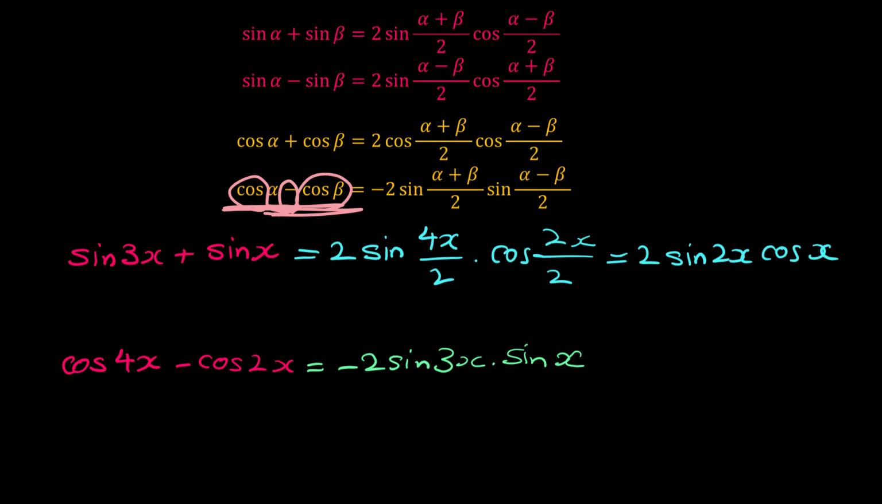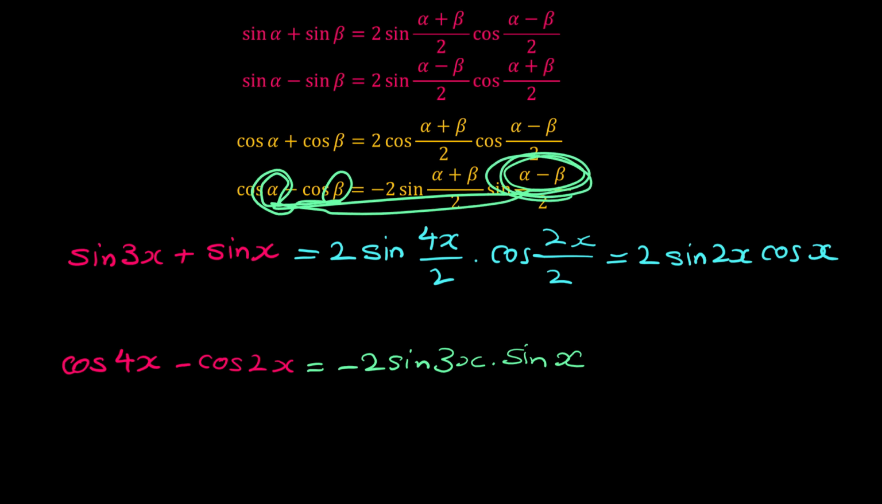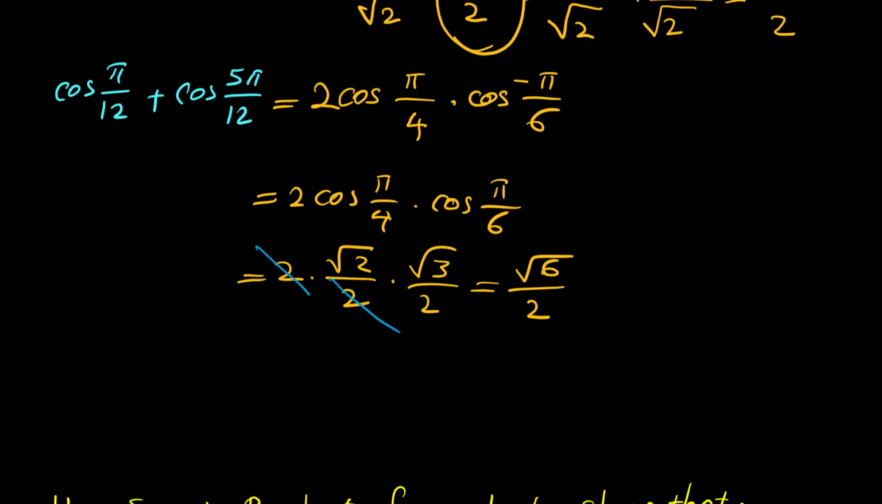Difference of 2 cosines is equal to negative 2, don't forget this negative 2, sine of sum of the angles over 2, sine of difference of the angles over 2. So negative 2 sine of the sum of the angles divided by 2, sine of the difference of the angles, and here you have to subtract beta from alpha, alpha minus beta over 2, and don't forget the negative in front. So this equals,